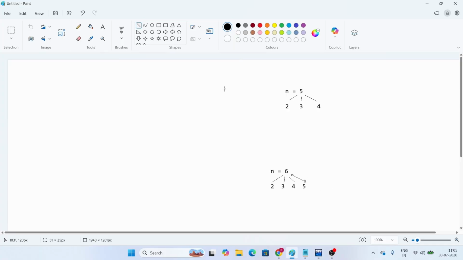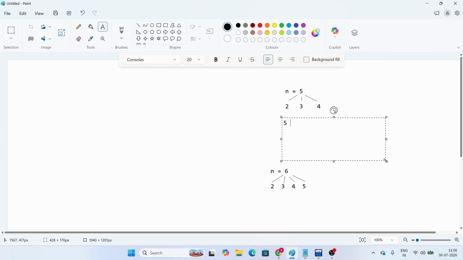Now here what I need to do? What is the number we have taken? 5. So when I divide 5 with 2, is the remainder 0? No. When you divide 5 with 3, is the remainder 0? No. When you divide 5 with 4, is the remainder 0? No. So we have divided our number with 2 to n minus 1, means 2 to 4 if the number is 5. If you are not having any factor,